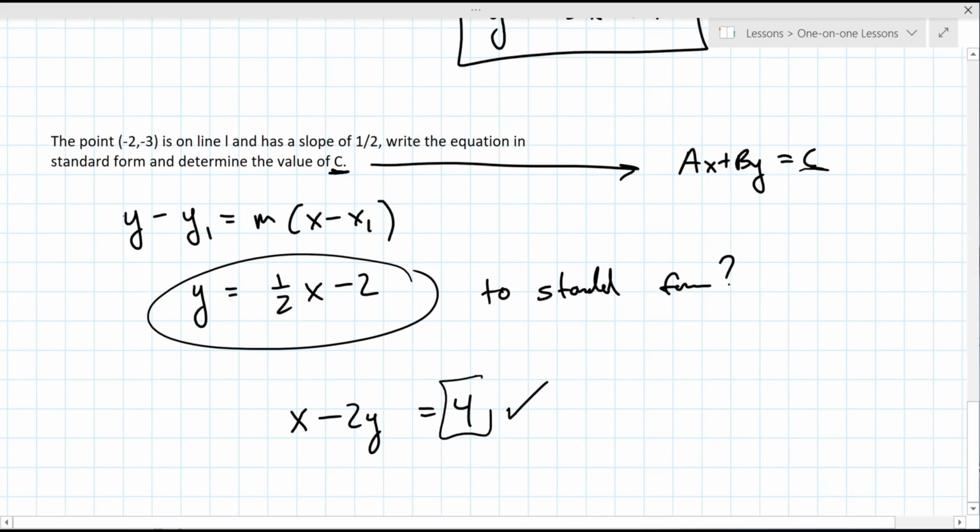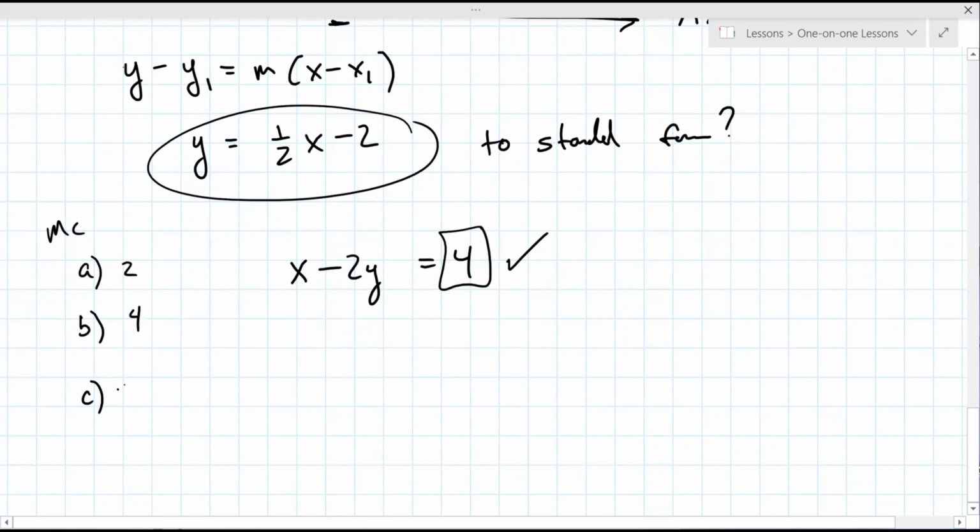4. So the multiple choice might have been something like 2, 4, and something else, like minus 2, minus 4. But the point of this problem is to be able to move between the different forms. All right, so the next one here is,